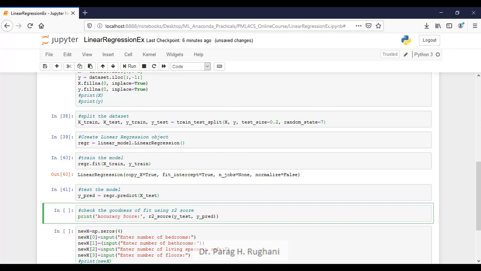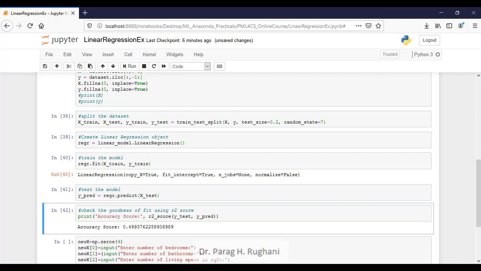So basically we want to check whether the model is working properly or not, and for that we are comparing the values which are available with us, which are the true values. We call them Y test, and the Y which is predicted by the model for the X test. So you can pass Y test and Y predict for the R2 score, and it will give you some value